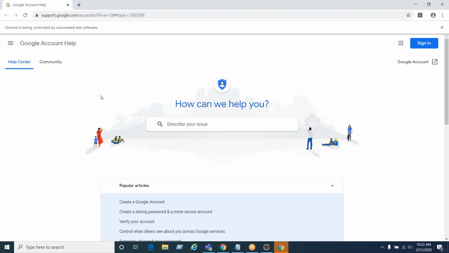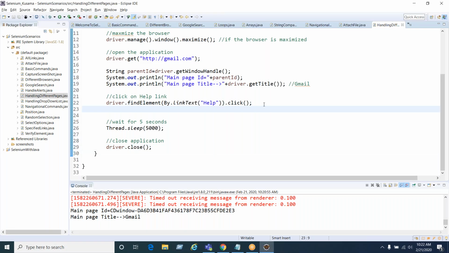So how will you switch your focus from the main page to this page? Now, see, again, you know that there are two pages. One is main and the second one is help. So if I want to get the number of pages, that means the number of windows,